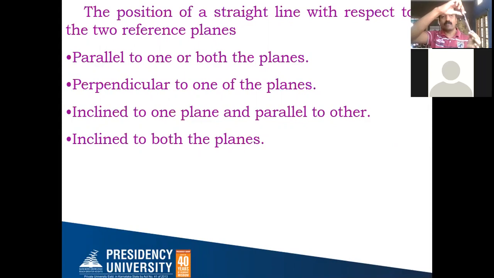Now, while tilting it here also, the locus of this particular point doesn't change. Only the position changes in the same plane. So this is the exercise that we have to do. That's all. With these small basics, let us start the different examples in the projections of straight lines.